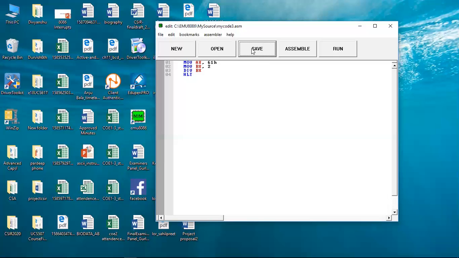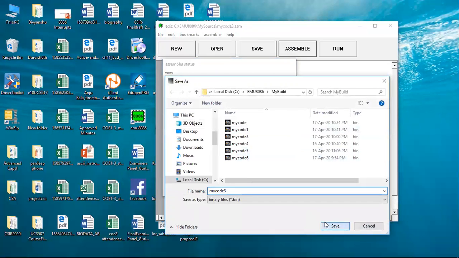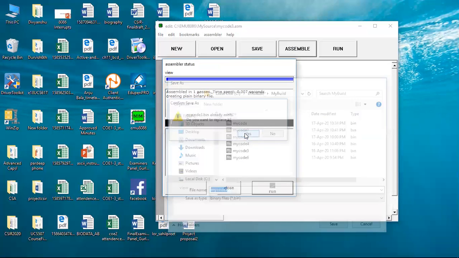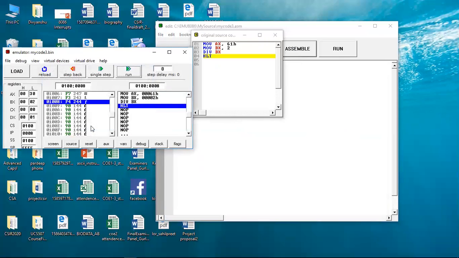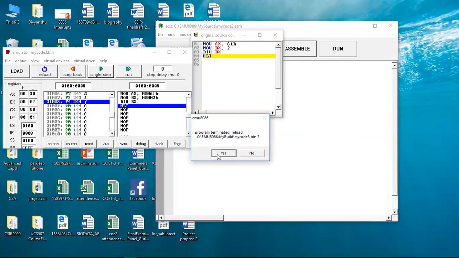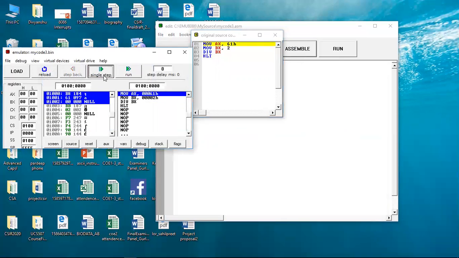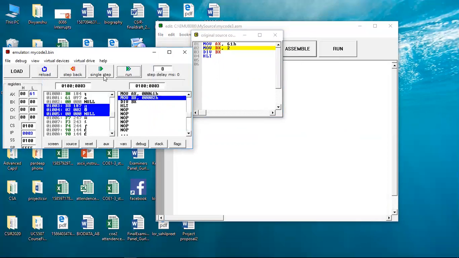When we go on save option, and after that we assemble the code, then click on run option. Now we will see when we are doing the single step. 0061 means 61 is stored into AL register, and 00 is stored into AH register.